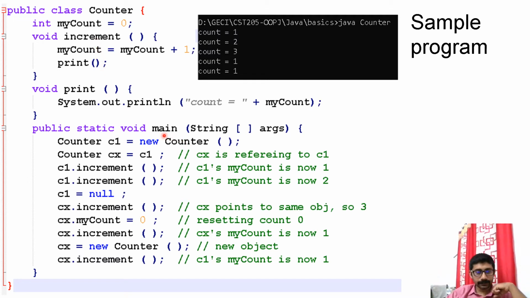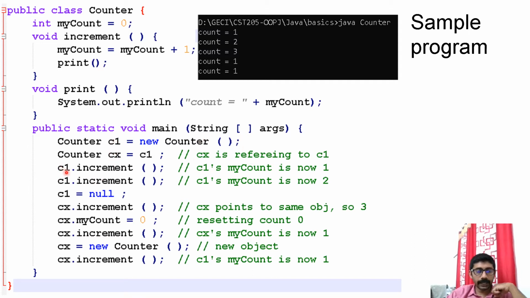So from my main method, I am creating an object of this class, c1 equal to new Counter. I am creating another object reference cx, assigning that with c1.